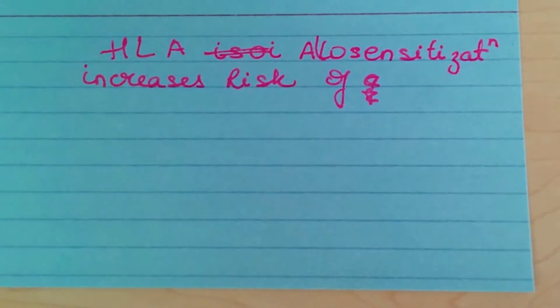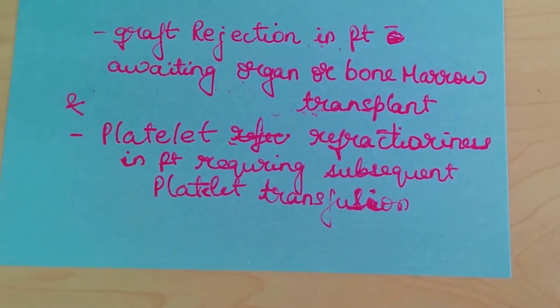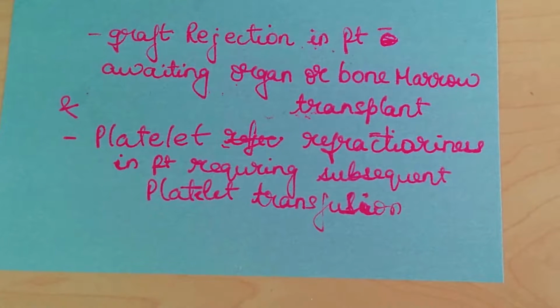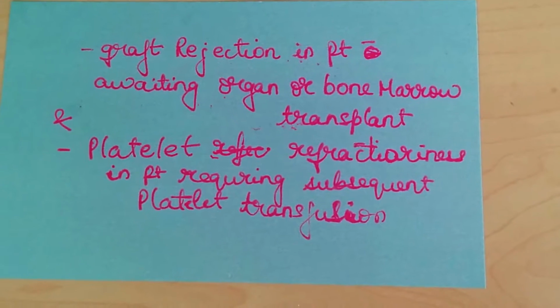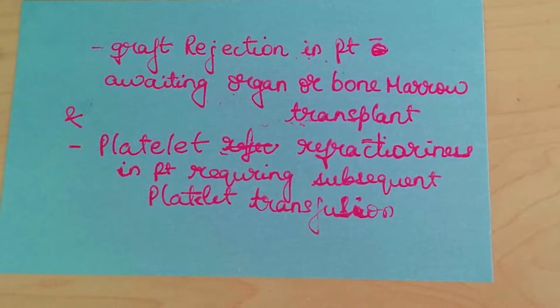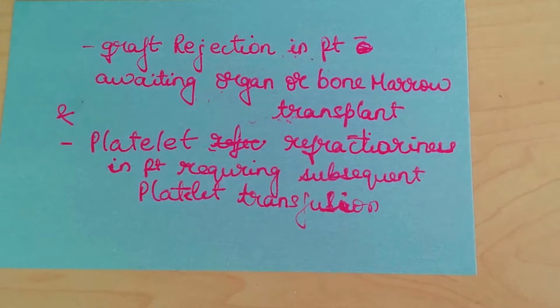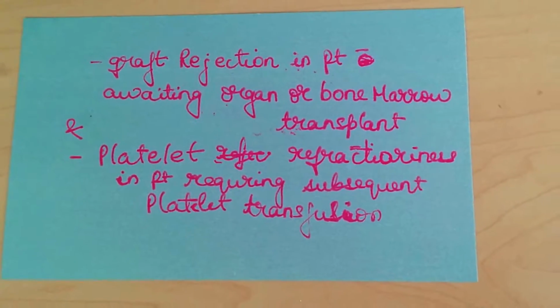So HLA alloimmunization increases the risk of what? So the HLA alloimmunization increases the risk of graft rejection in patients who are awaiting organ transplant or bone marrow transplant. And also, HLA alloimmunization increases the risk of platelet refractoriness in patients requiring subsequent platelet transfusion. Next,